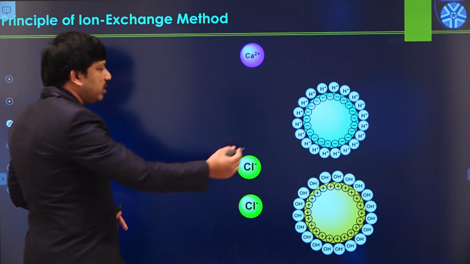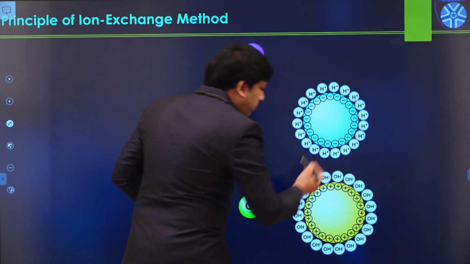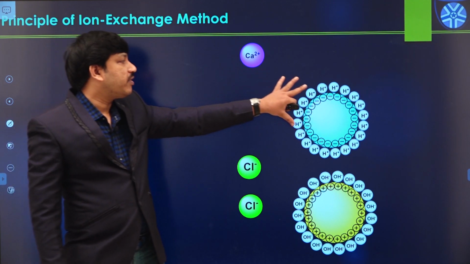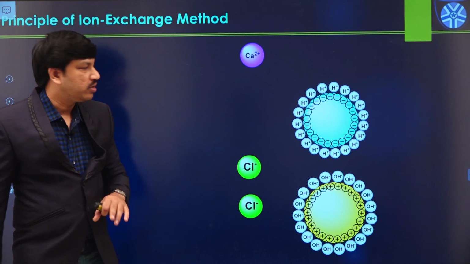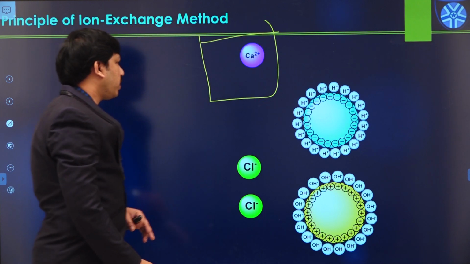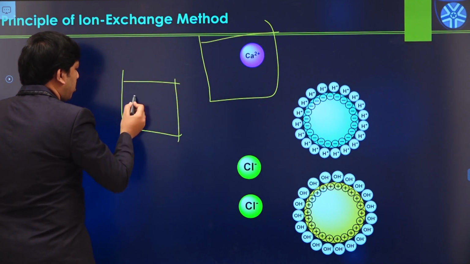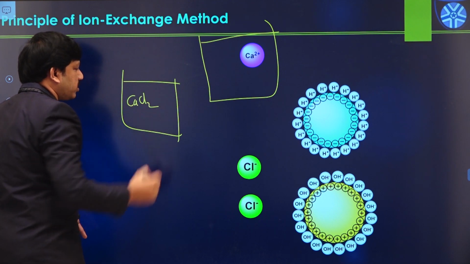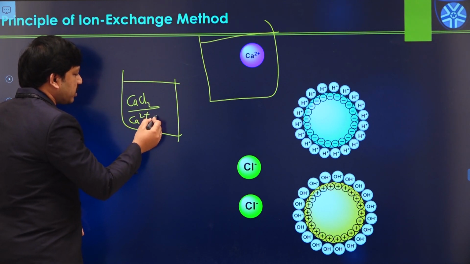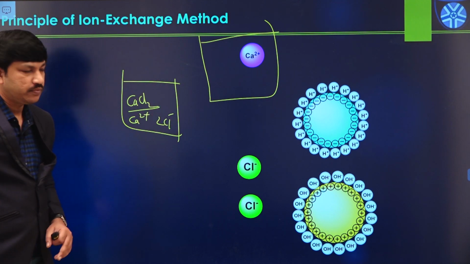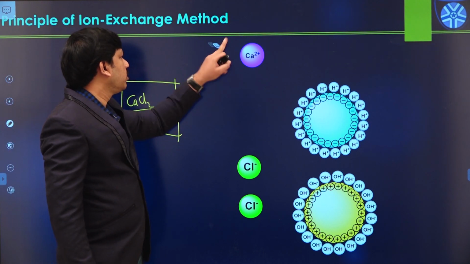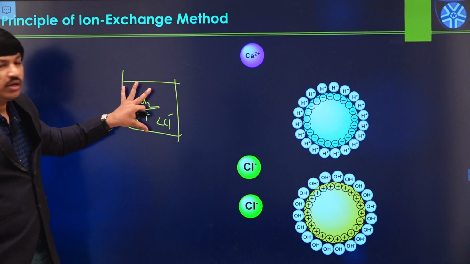So let us understand what this actually is. This is the cation exchange resin, and this is the anion exchange resin. What is the use of cation exchange resin? Cation exchange resin can replace cations available on the surface with cations available in the solution. Let us assume this is a hard water sample containing calcium chloride. So calcium is available as Ca2+, and there are two Cl minus, like this. These are the ions available in the given hard water.